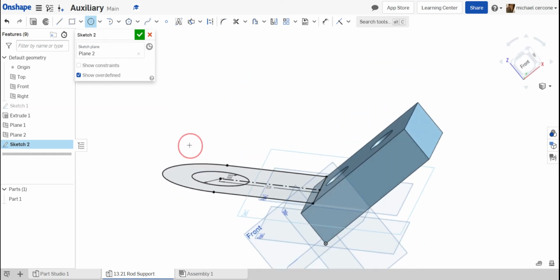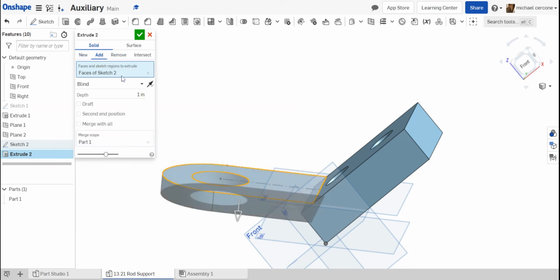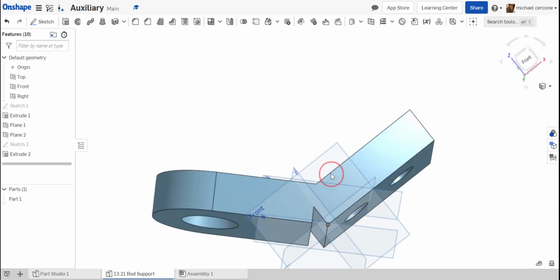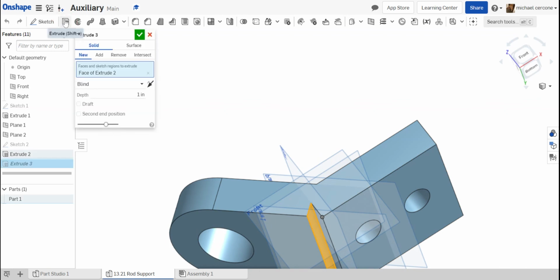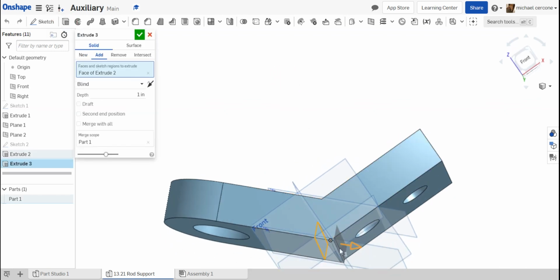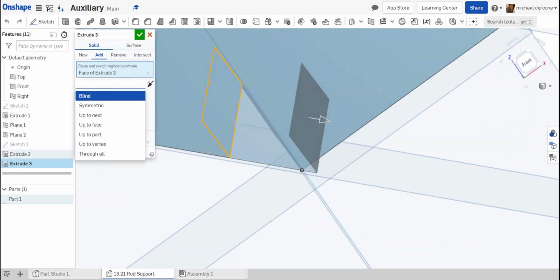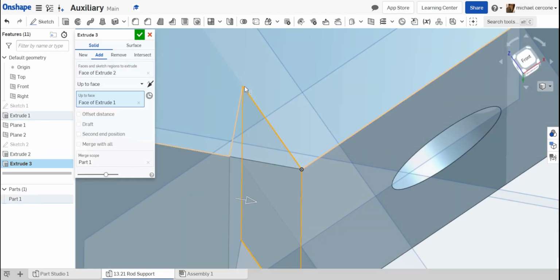Now I can extrude. When I extrude this down, though, it's going to leave some blank space here. So what I'll do is just choose extrude, and I'm going to flip the direction. I'm choosing add, typing in the distance of 2. So right here, what I could do is generate a sketch and then extrude up. I'm just going to select the face, choose extrude, and choose up to next, or up to the face. I'll select the face,